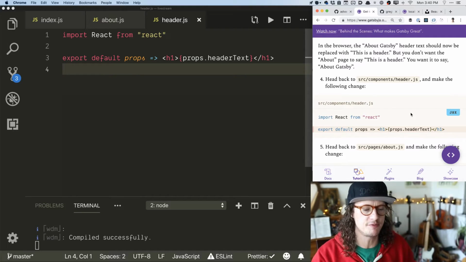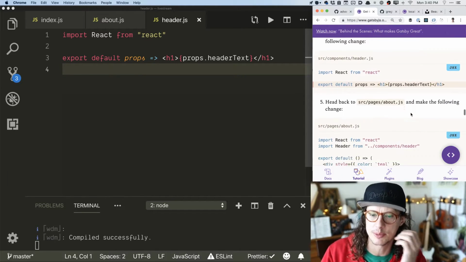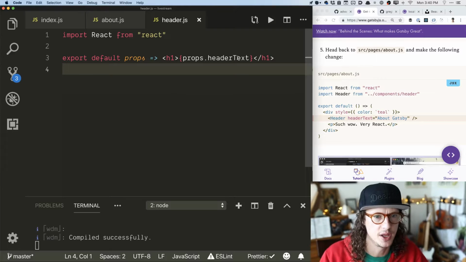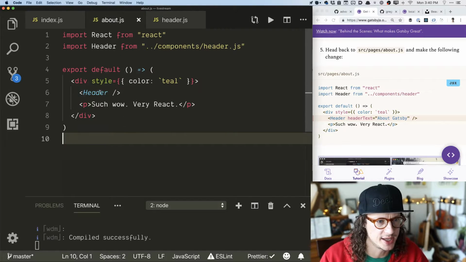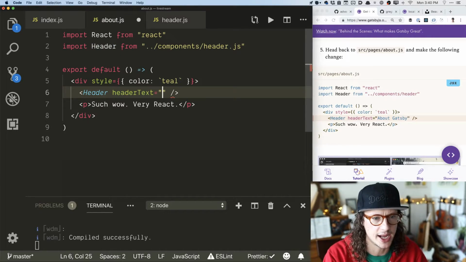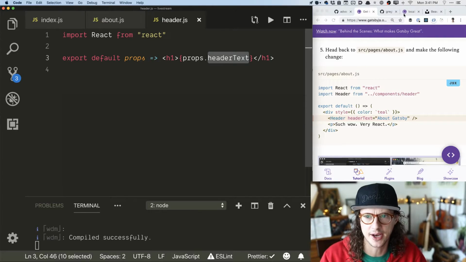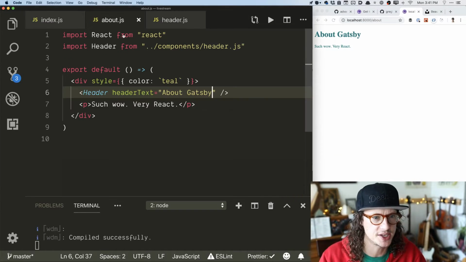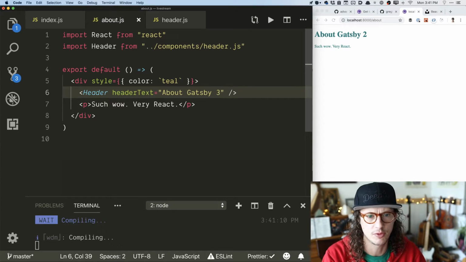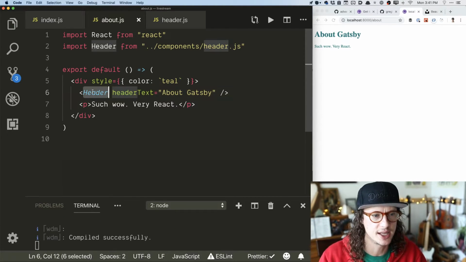Again, this is React stuff, but you could pick it up as you go along. What props are going to do will make sense in a second. So I got my header text, and if I come back in here, inside of header, I could pass in a value, and I'm going to say about Gatsby. And now my header will dynamically change. So if I change about Gatsby 1, 2, 3,